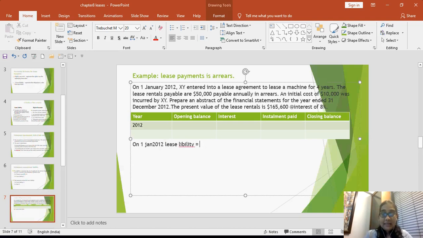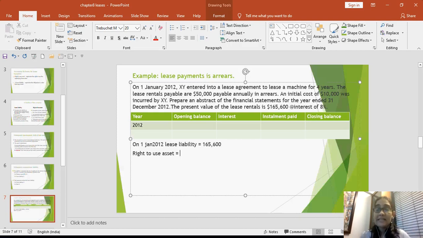Now, as I said, lease liability is the present value of all the payments that needs to be made. In this case, they have already given you the present value of the lease rentals. There are no other payments except for the lease rentals, and the value is given to you as 1,65,600. So on 1st January 2012, you will recognize a lease liability of 1,65,600